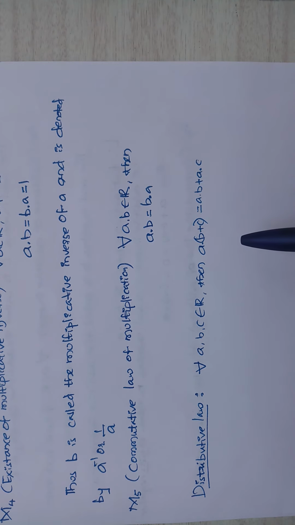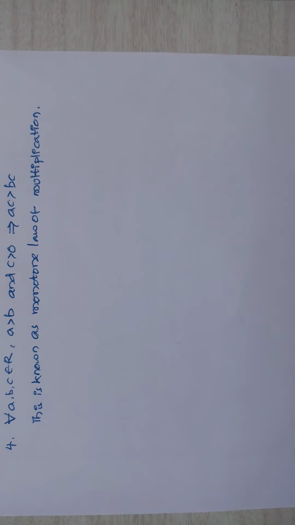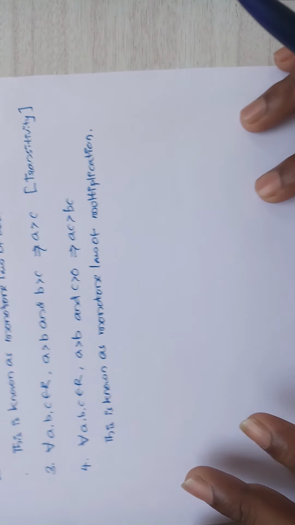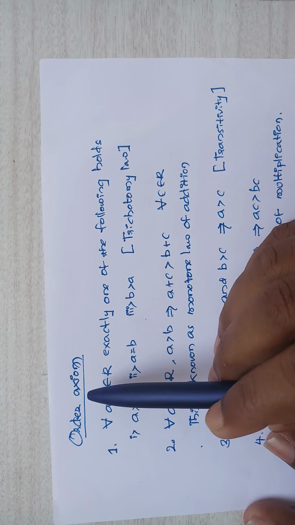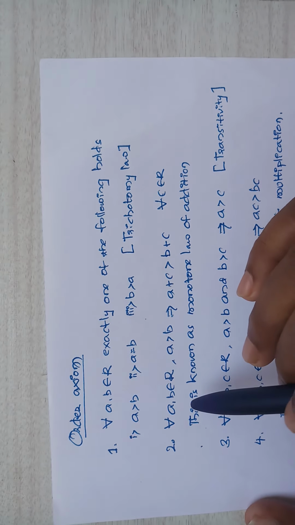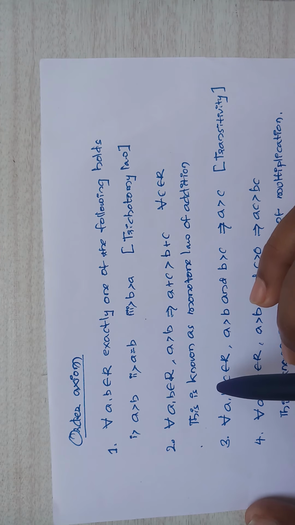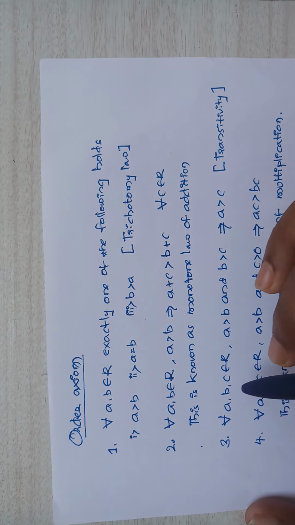So these properties are very important. Later we prove some results, and for that we need these properties. So you remember these properties. Okay. So next, that is the order axiom. These four results are very important from the point of view of your JAM type examinations. You remember these properties.